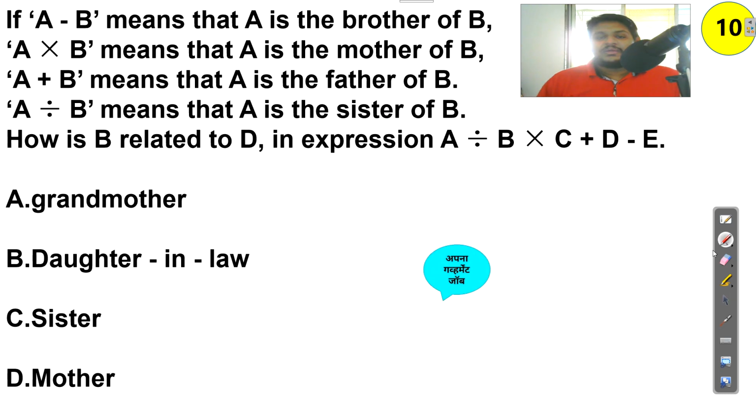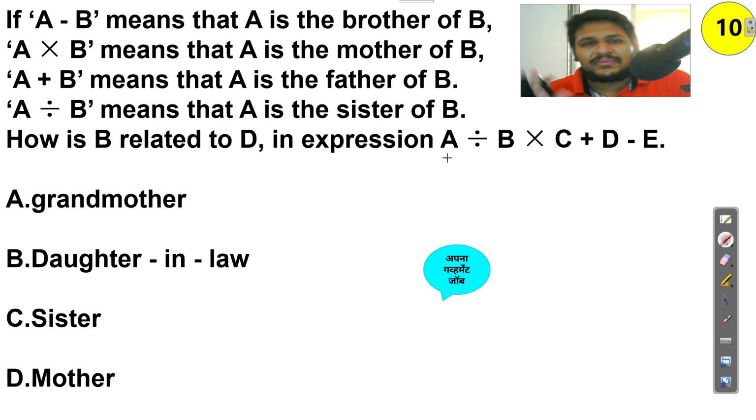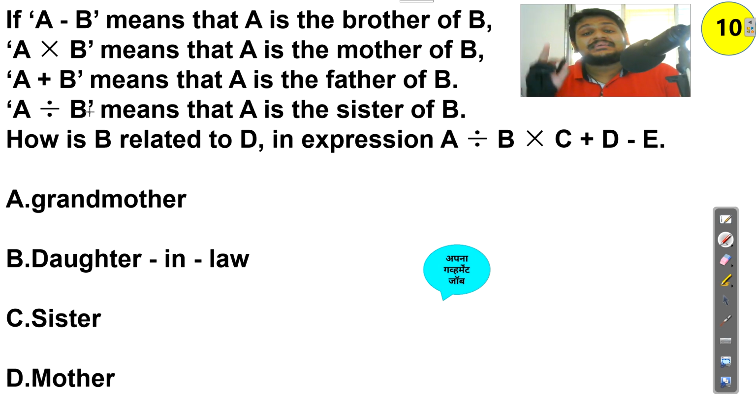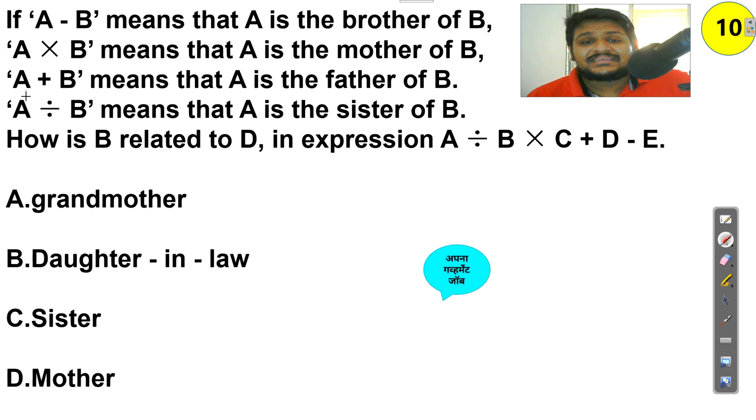Let's go to question number 10 now. Now it is a very easy type. Again I can say type 4, or just a little modified version of the previous type, where you are given the symbols and meanings, and you just need to solve this with the help of our diagram. Options are given like this. It is the same as the first type, that is A divided by B. So what is the meaning here? Just be alert first whether it is giving after or before. See like this, A divided B means A is the sister of B.